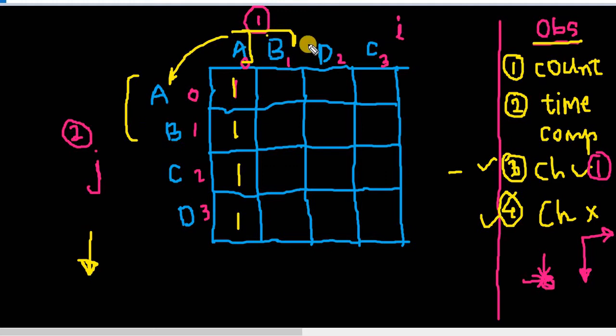Here B will compare with A, and B does not match with A, so we'll inherit the value from the side. Now we'll check B with B. Yes, B matches, so we need to increment the value, and we know that it is a 2, A, B, and A and B, so it matches. So we know that this is 2. So what we'll do, we'll increment the value from the previous ij value.